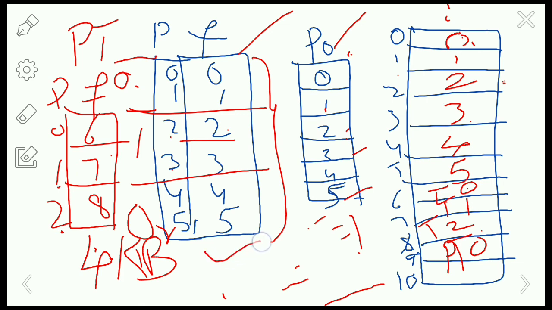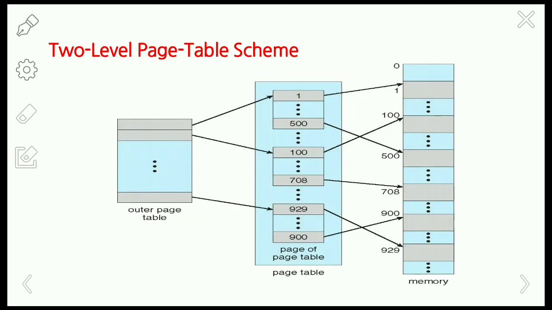Since this page table is large, we are dividing it into 3 parts and placing it in the main memory. So at that time the frame size and the page table part size will become equal, right? So now we have placed this in the 3 frames, and then the page table of this page table, that is the outer page table, is stored in the 9th frame. Okay, so like this we have the 2 levels of paging done here. Okay, so that is what is called a 2-level paging scheme. Okay, so this is how the paging is done.